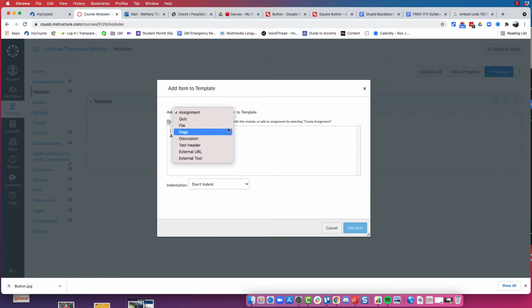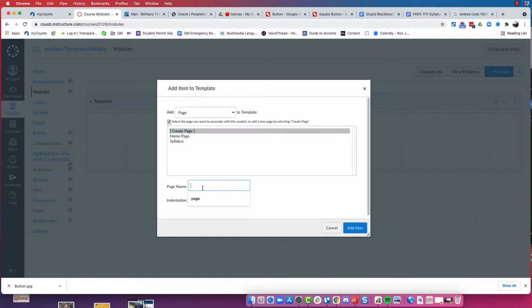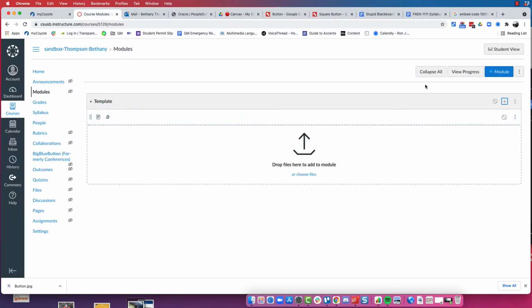So the first thing I want is a page. I'm going to create a page, and this page is going to be called point 0. You can't see me looking at my cheat sheet, but it's called point 0. The way I do everything in my classes is by week. So I have like 1.0, 2.0, 3.0. It all just goes like that. So I'm going to name this point 0, and I'm going to add this item, and this is going to be the page. So now I have point 0, and just so I don't forget what this point 0 means,